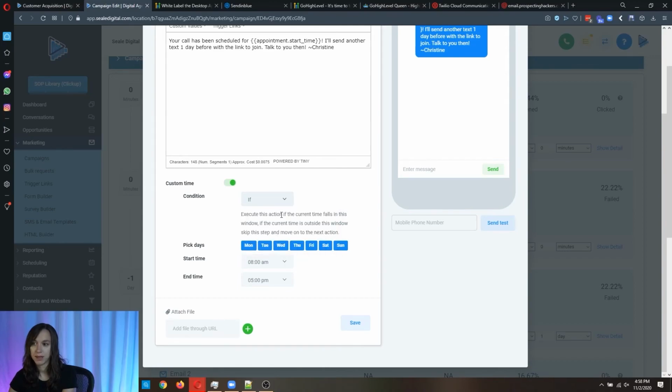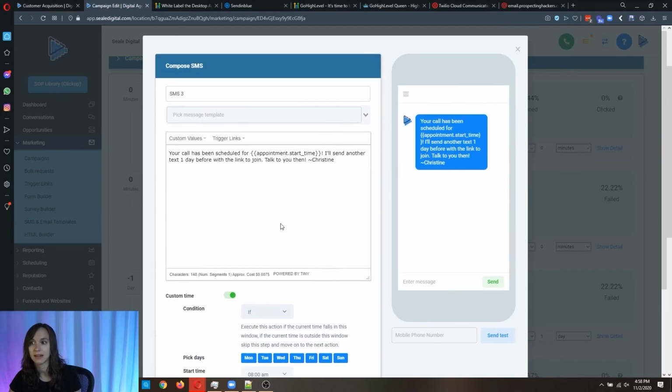If it's between 8 and 5, it's going to send them a text. If it's not, it's just going to skip and go to the next action. So I don't want to text them like the next day. That's weird. I just want to do if it's between 8 and 5, it's going to send them a text. If it's not, no text.